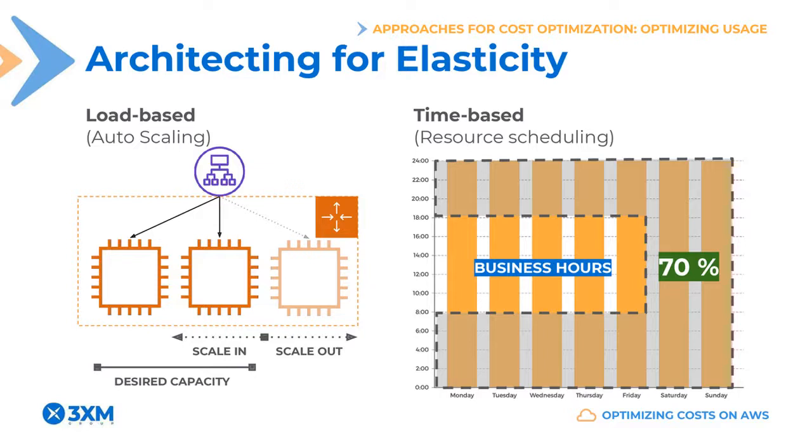You can use, for example, the AWS Instance Scheduler solution for EC2 and turn off instances outside business hours to reduce your costs by roughly 70%, as in the example shown on the right. You can also use AWS CloudFormation to automatically provision and decommission entire environments as you need them. You can also build your own solutions using things like CloudWatch and Lambda. The key question that should be answered before choosing between load-based and time-based elasticity is how consistent and predictable is the demand. Sometimes you may wind up using a combination of both forms of elasticity.